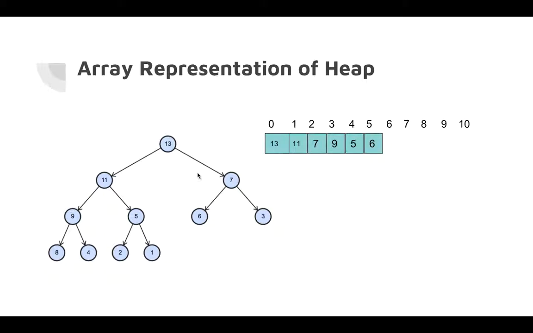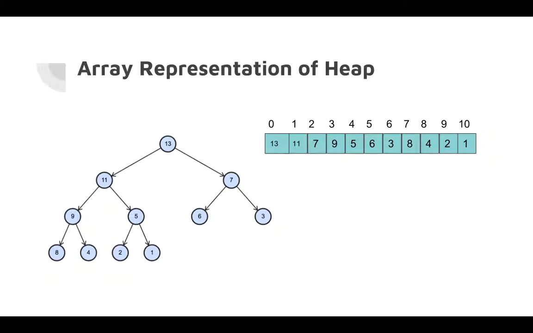So basically what we are doing is a level order traversal, or breadth first traversal, and we are just putting the value of nodes in this array. So you can see that 13, 11, 7, 9, 5, 6, 3, 8, 4, 2, 1. So as you can see, this array will contain all the nodes of the heap. And why are we doing this? To understand this,